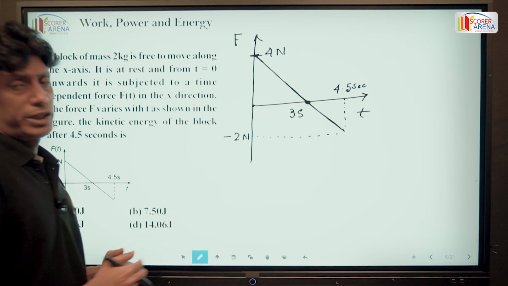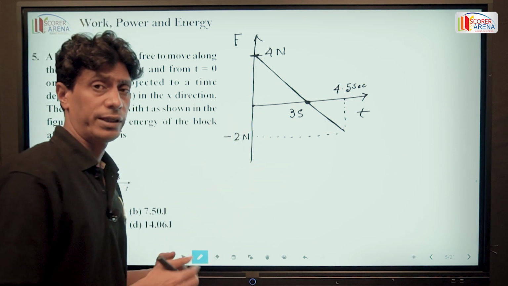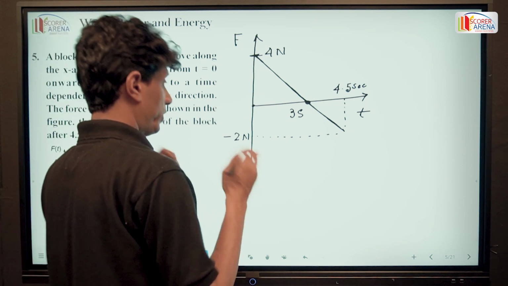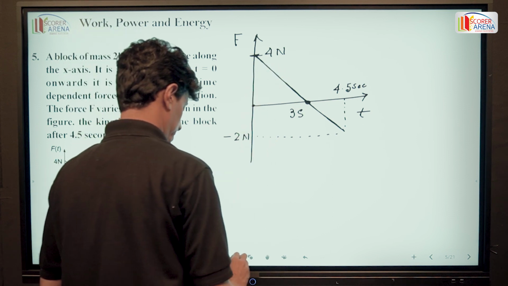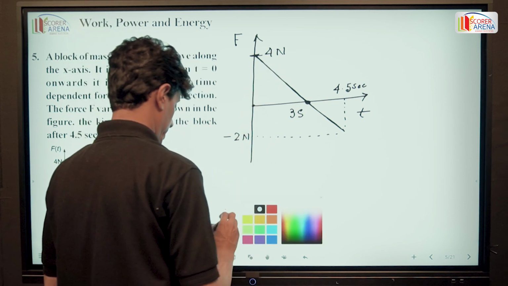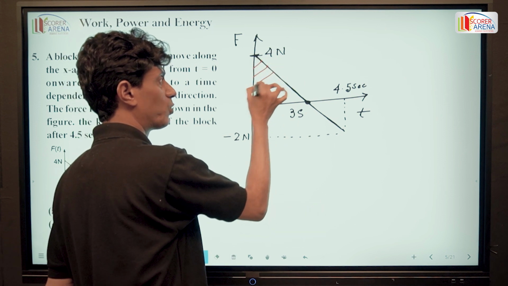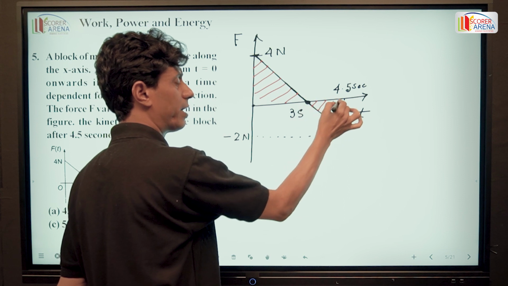So the force continues up to minus 2 Newton, that is, after 3 seconds the direction of force gets reversed. So if we find the area enclosed by the graph,